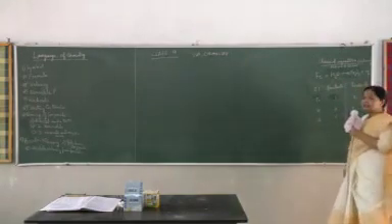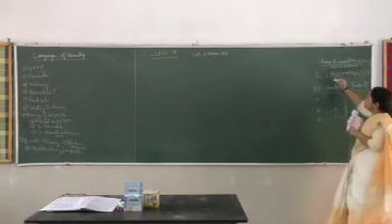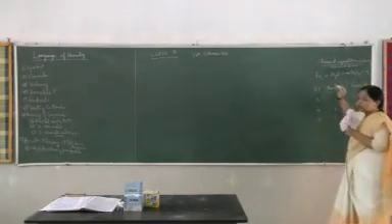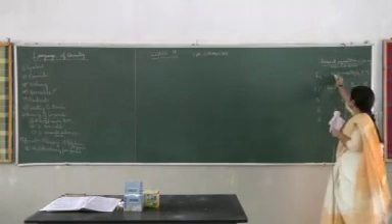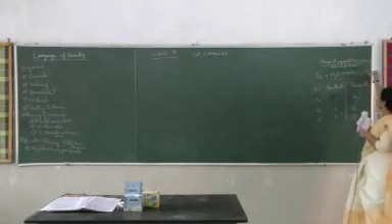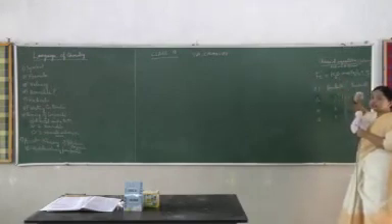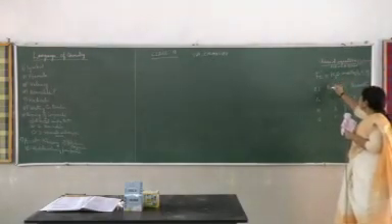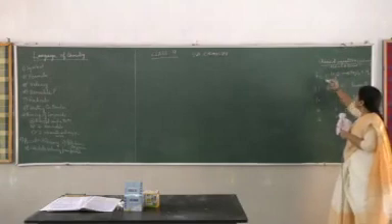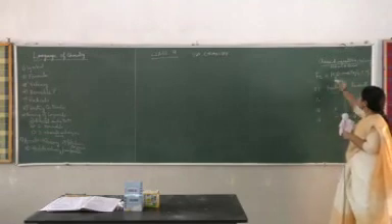Now, how do we balance this equation? We will do it by one method, the hit and trial method. First we write down all the elements that take part in the chemical reaction: iron, hydrogen, oxygen. On the product side it's also the same elements: iron, oxygen and hydrogen. Next we find out the frequency, how many times each element has occurred on the reactant side and on the product side. Iron occurs only once, so the frequency is 1. Hydrogen, 2 atoms, so we write 2. Oxygen, 1 atom.